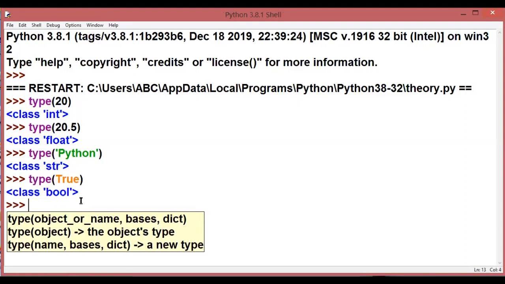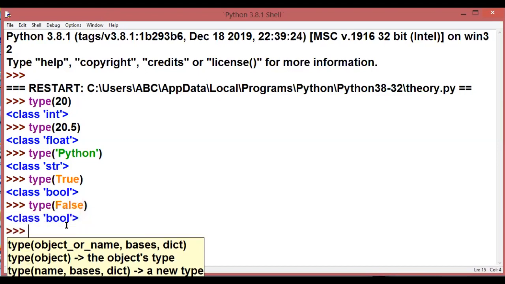I'll get bool. Bool stands for Boolean value, right? Similarly, if I type over here false, F-A-L-S-E, and press enter, again I'll get bool, because true and false are my Boolean type of value. So this is how we determine the type of any value written inside the type function.